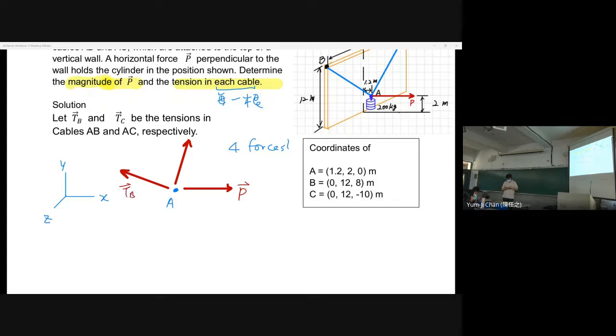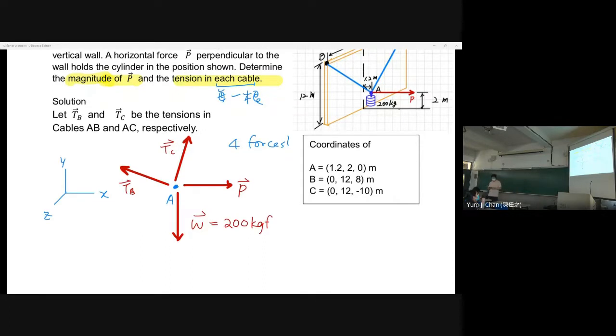And we have the weight, but we know the weight, right? The weight is equal to 200 kilogram force, I usually write,